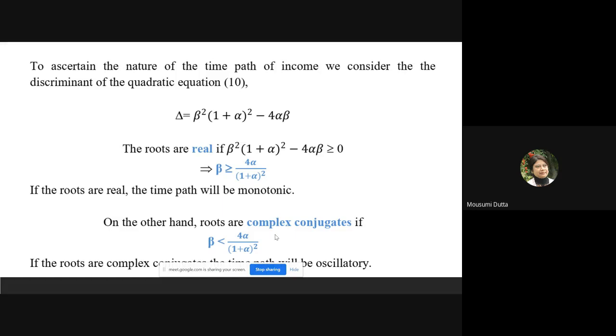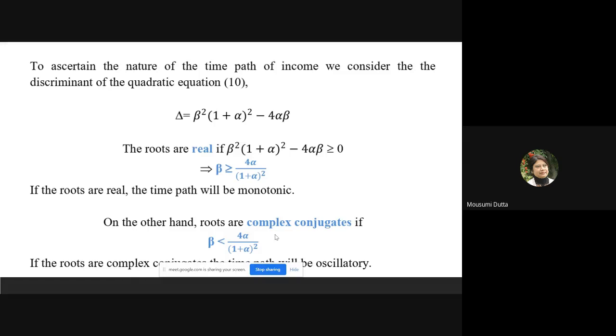Okay. Now, on the basis of the stationarity condition, that is alpha beta less than 1, and on the basis of whether beta is greater than or equal to 4 alpha by (1 plus alpha) whole square or beta is less than 4 alpha by (1 plus alpha) whole square, we will try to divide the alpha beta plane into several zones, and we will check in which zone the time path will be monotonic convergent, monotonic divergent, damped oscillatory, explosive oscillatory, uniform oscillatory time path,